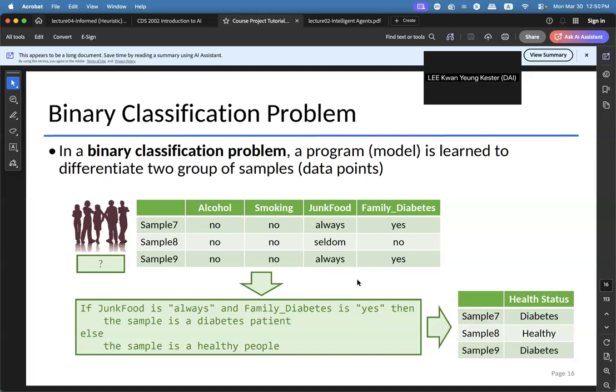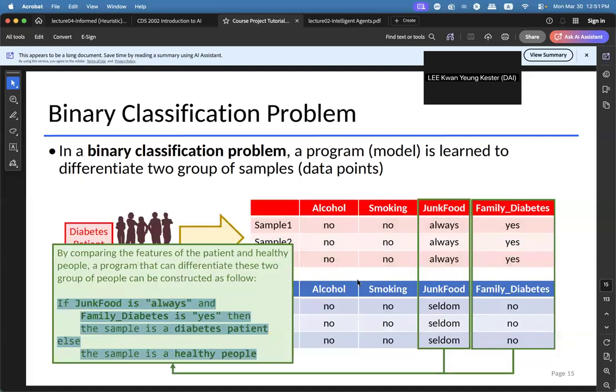The core idea is that you use previously collected data and you establish the relationship between all the attributes and the labeling attribute, which is the grouping of the sample that you are interested in. Here, the grouping is diabetes patient versus healthy person, so our label is the health status of the data sample.